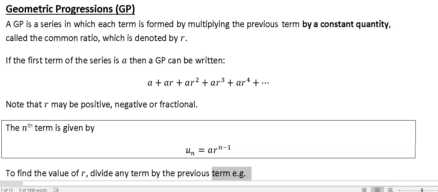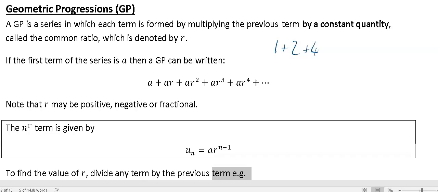In this video, we're going to look at geometric progressions, or GPs. A geometric progression is a series in which each term is found by multiplying the previous term by a constant quantity. So I'm just going to write out a very simple one here. If I started with 1 plus 2 plus 4 plus 8 plus 16, this would be an example of